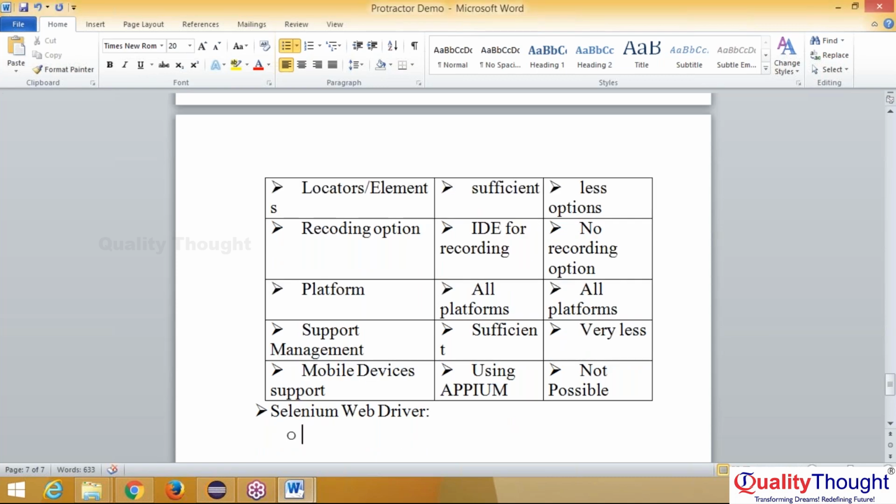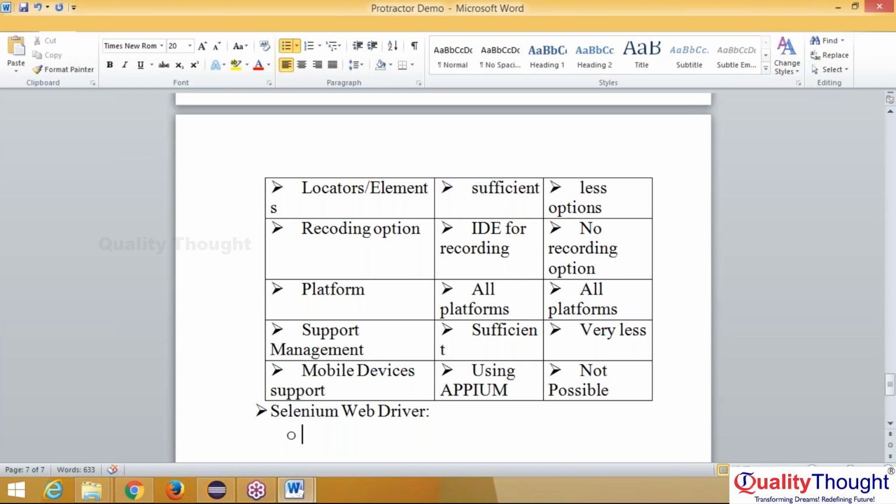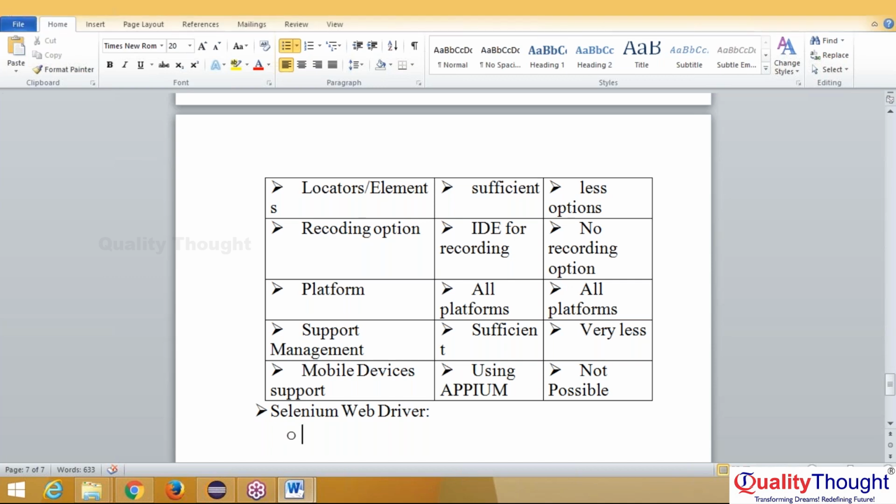Selenium WebDriver: multiple language support. There are multiple languages supported by Selenium. It may be programming or scripting languages. It has multiple options. Okay, and second thing,